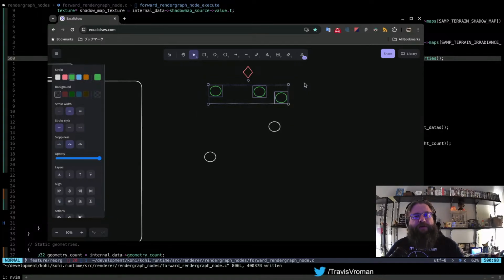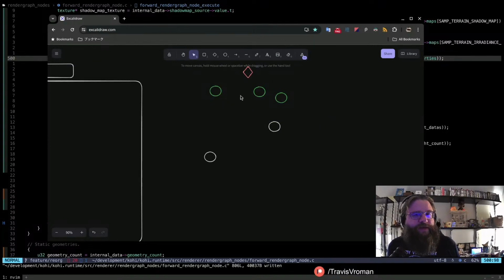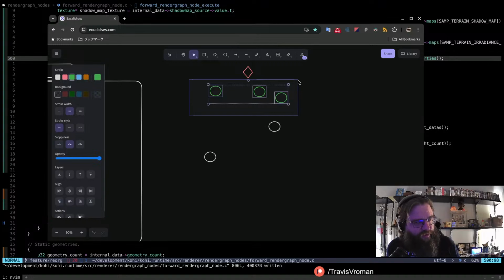But you're not having to create tons of shadow map textures, and you're not having to stand them up and shut them down and all that other stuff. You're literally saying, give me a subset of however many lights I have, and that's how many lights I will generate the shadow map for. That is more or less the way I would handle it. I wouldn't attach it to the light itself. I would attach it to whatever is responsible for rendering that light, or the light's shadow. Our directional light in Kohi is actually attached to the shadow pass render graph node. So I hope that makes sense.